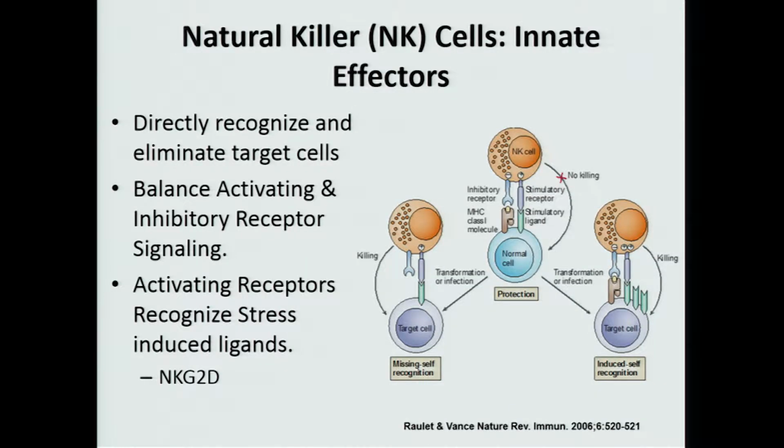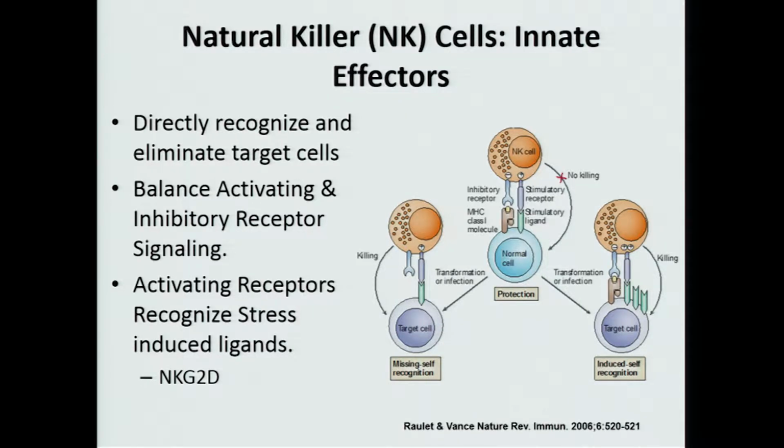And so, as was just alluded to, the innate system that I'm going to be talking to you about today is that of natural killer, or NK cells. Now, NK cells are innate lymphocytes that are able to directly recognize and eliminate infected or transformed cells. And they do this through a balance of activating and inhibitory receptors, which recognize unique ligands on the surface of